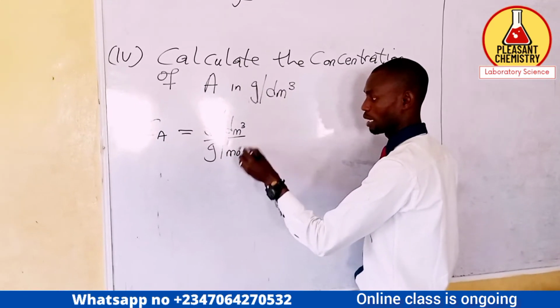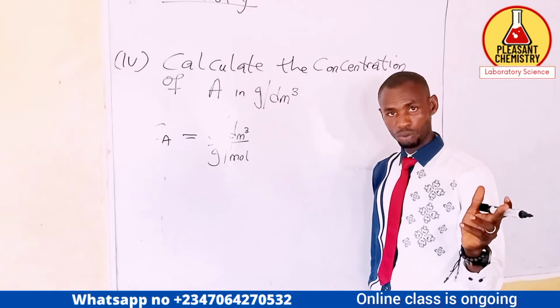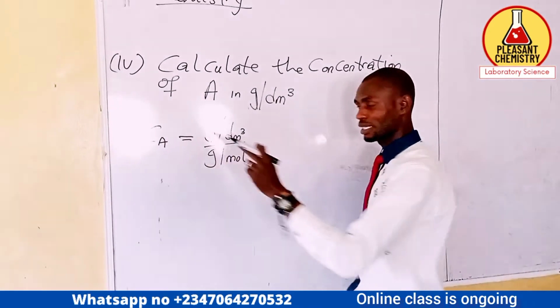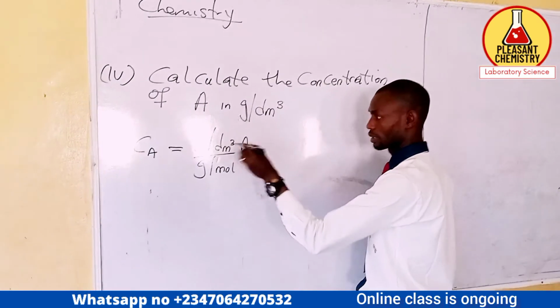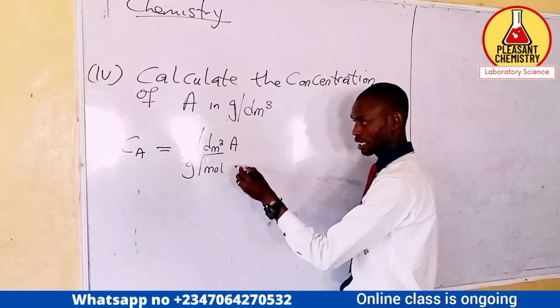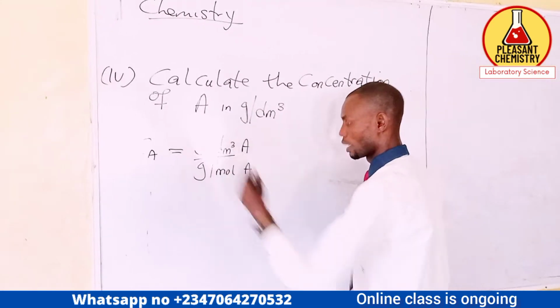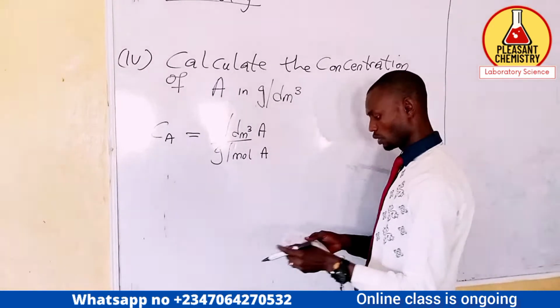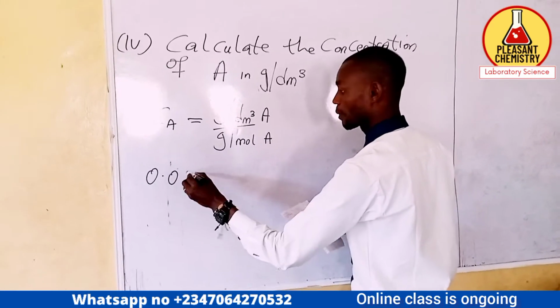The unit of molar mass is in gram per mole. And recall that we have calculated our molarity of A. This one will also be gram per dm cube of A and gram per mole of A. Do you understand now? So we are going to make use of our previous figure, which is 0.0547